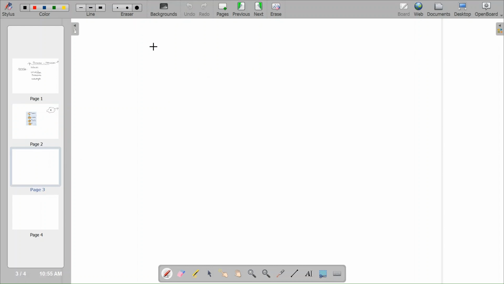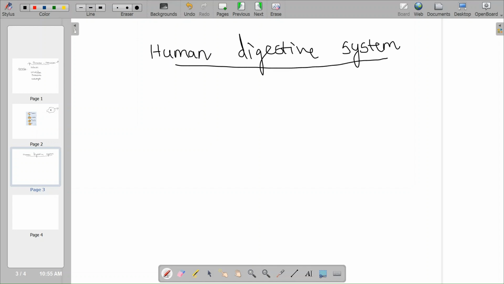Next we have a topic, the human digestive system, how digestion takes place in human beings. The human digestive system consists of different parts. We will learn what parts are present and also learn about the glands. The major parts of the human digestive system we can categorize as the alimentary canal,